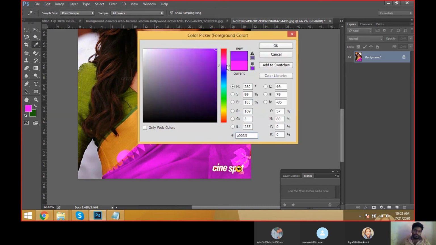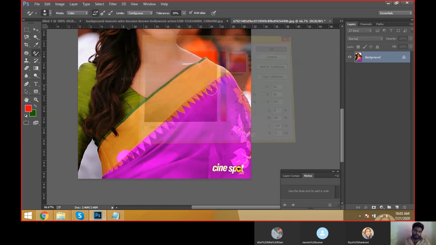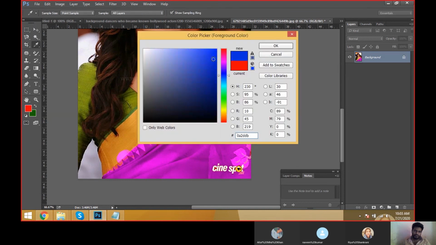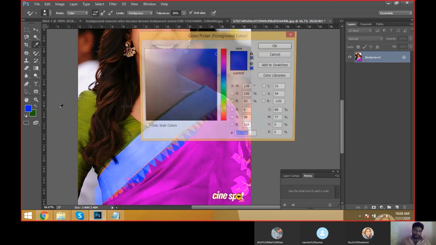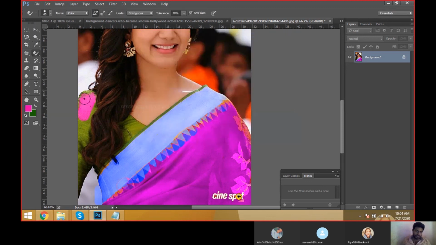Now we can take a red color, take some blue color. Yes, we can take a blue color and fill it. It's applying, guys. And we can change the same violet here.